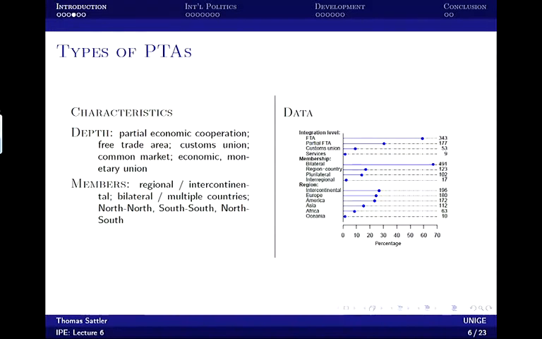Most of them are bilateral trade agreements, but we have a few that are between a region and a country. That's often between the European Union and another country, right? So the European Union has a lot of agreements with neighboring countries, for instance. Some of them are interregional, between 2 regions, but not too many. But what we see is that most of them are intercontinental. So we see a lot of bilateral agreements between countries from different continents.